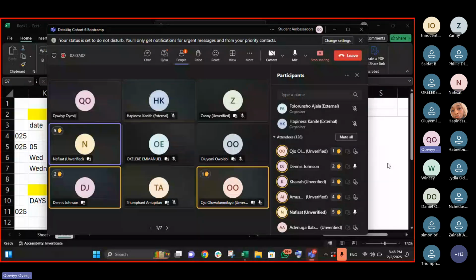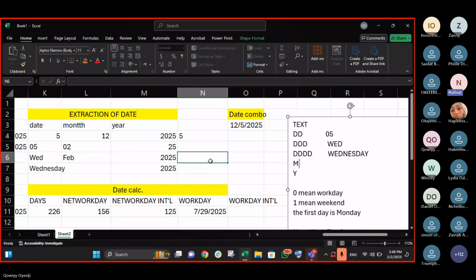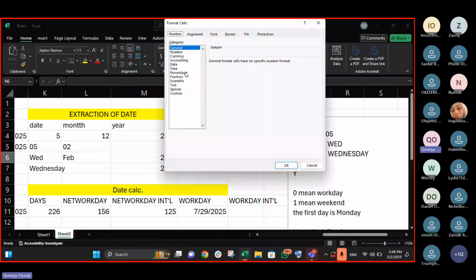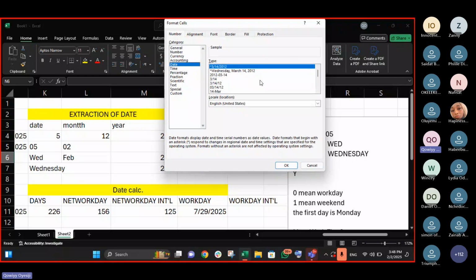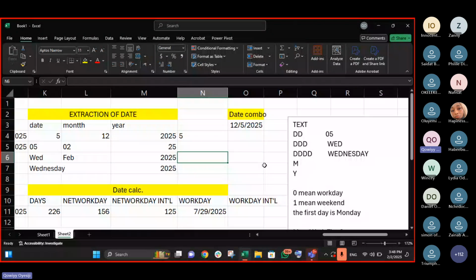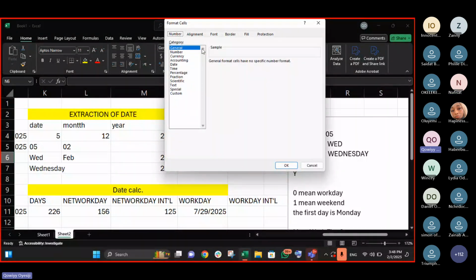Actually, there is a way. It is formatted from here. If you come here and come to this, you see you have some different options, location also. That is where it has been formatted. And this is for everybody to also learn. So this is where it happens. We have number advanced formatting here. You can see this general. If you come to this, the location has been changed from United States to probably UK or Nigeria. Let me check. If I change to UK now, you see that the date is coming first, followed by the month, followed by the year.